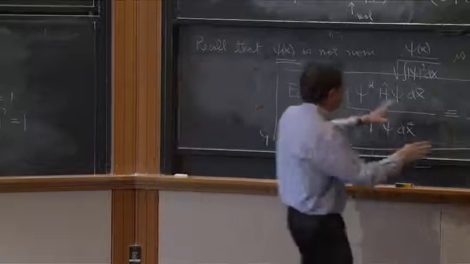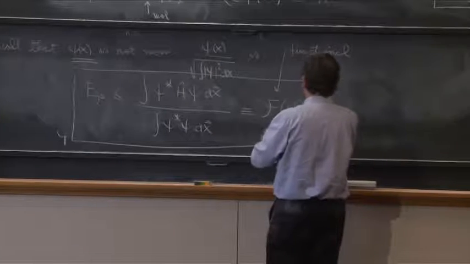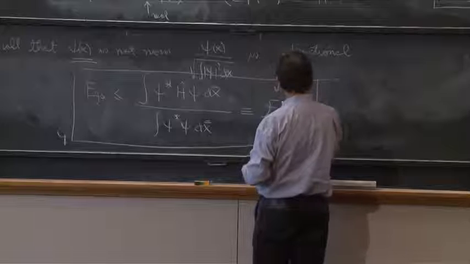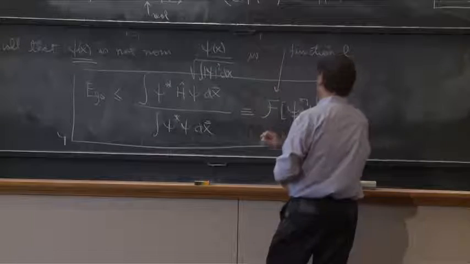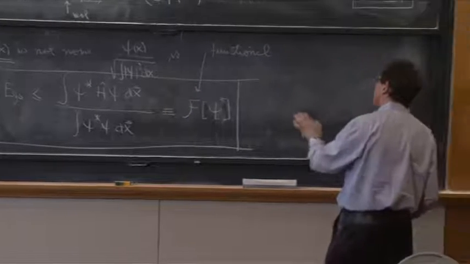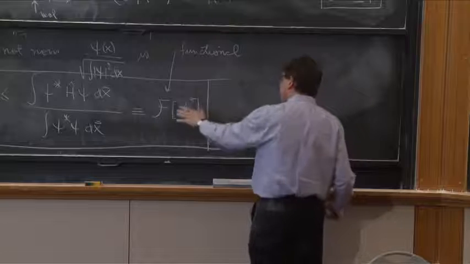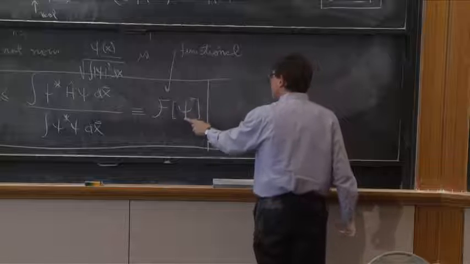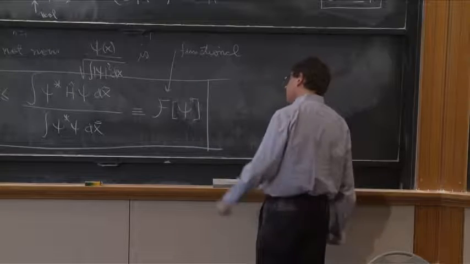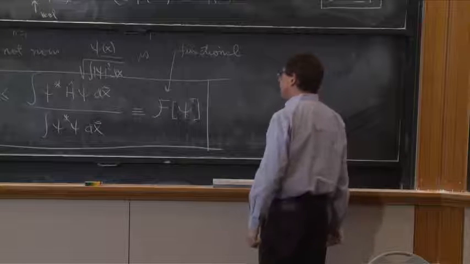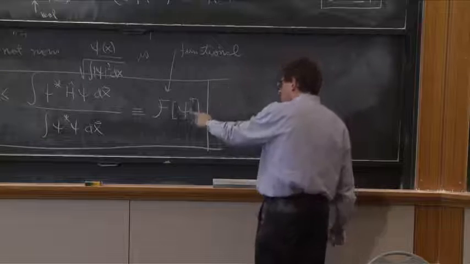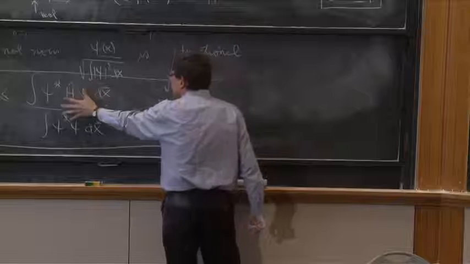So here, F of psi is a functional, and maybe I should use brackets. Many times people with brackets denote that, watch out, this is not a function, it's a functional. You give me a psi of x, which is a function, and then this is a number,